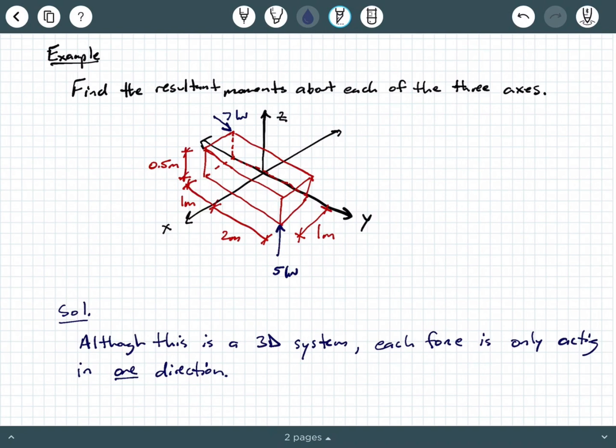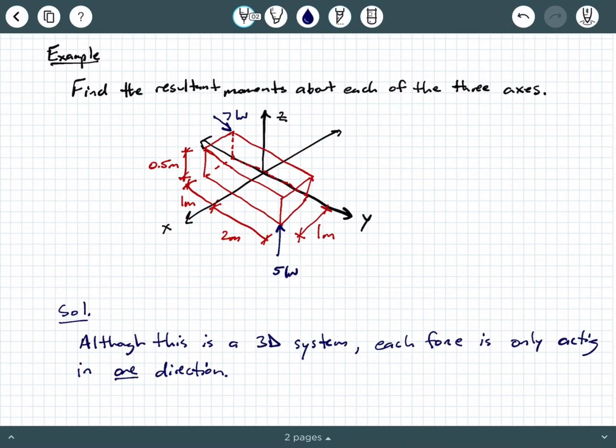with these forces, right? Because they're only acting in one direction. So that's kind of what we can recognize here with this illustration. So let's go one at a time. Let's first find the moment about the x-axis, okay? So here's our x-axis. So we have to ask ourselves, what is the perpendicular distance between these forces and the